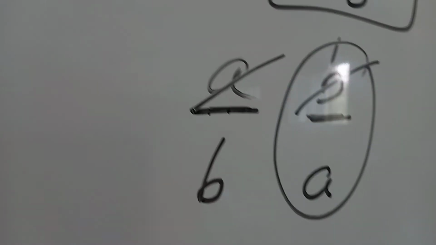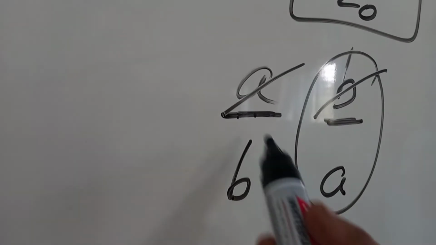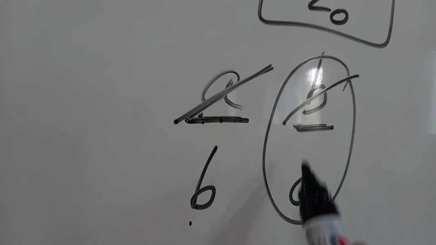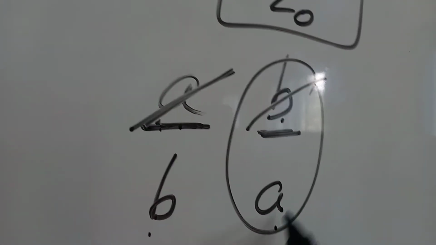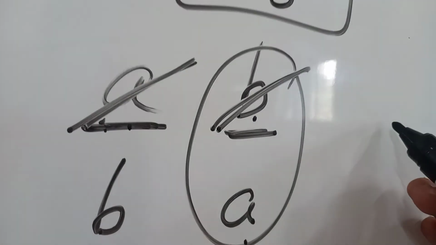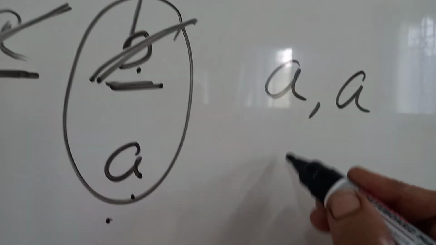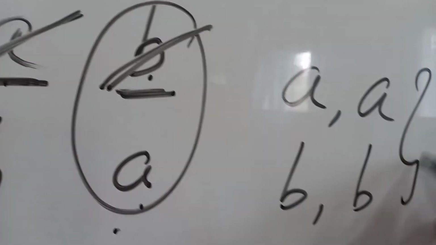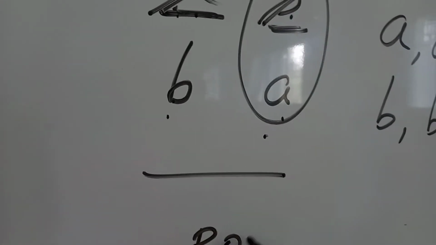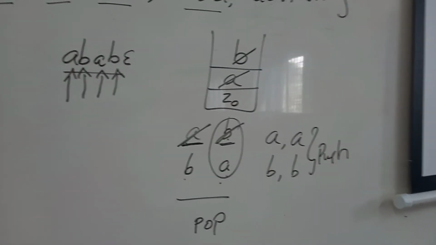So according to this logic, if we get different symbols, if the input symbol is A and the top of the stack is B, we need to pop the top of the stack. And if the input symbol is B and the top of the stack is A, different symbols, we should pop. Similarly for the same symbols, if the input symbol is A and the top of the stack is also A, we need to push that, and for B and B also we need to perform the push operation. For the different symbols we need to perform the pop operation. Now let me write the pushdown automata using this logic.